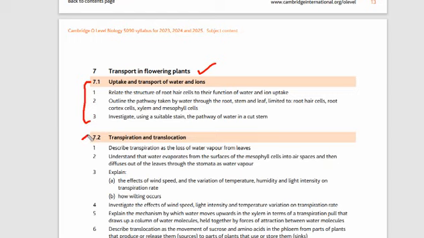and translocation. Always remember in the Cambridge system that you need to cover your syllabus, and this is the updated syllabus of 2023, 2024, and for the students who are going to appear in 2025. Basically, we are following this syllabus for the Cambridge O-level biology, and the code is 5090. For IGCSE, the code is different. The syllabus is almost similar. There are some little differences, but majorly all the content is the same. So before wasting any time, let's jump into the video.